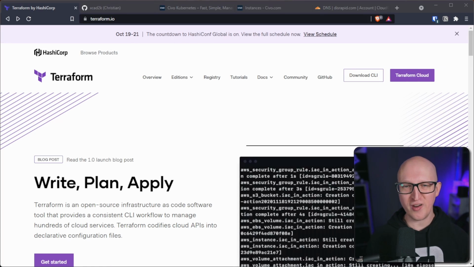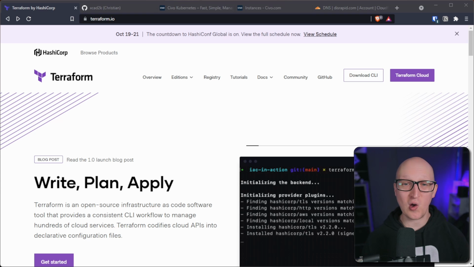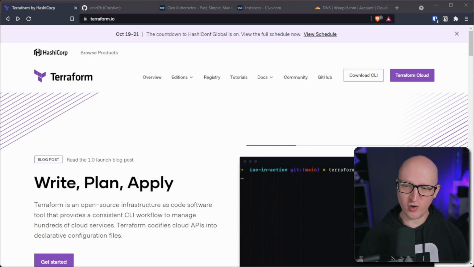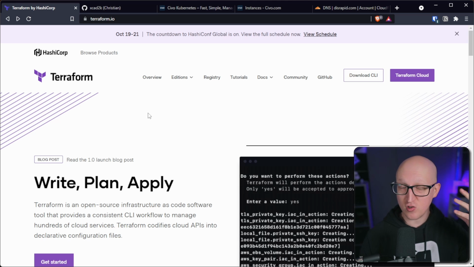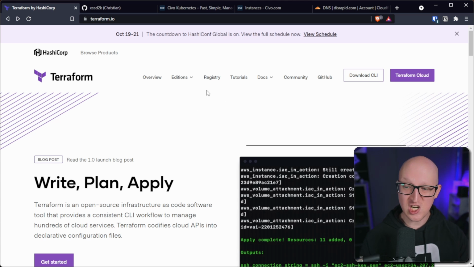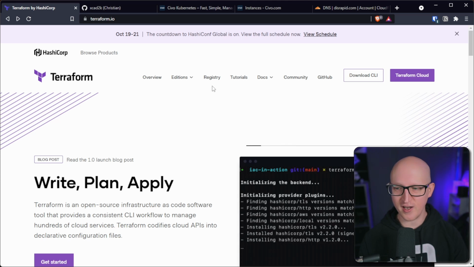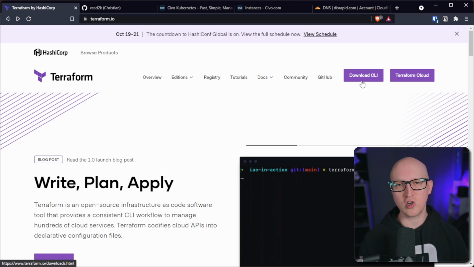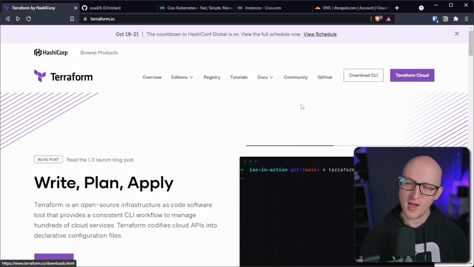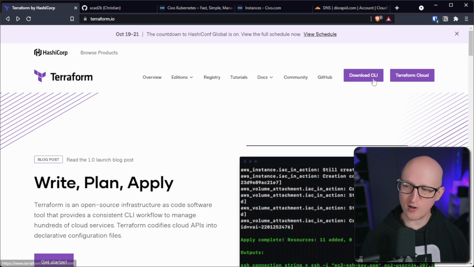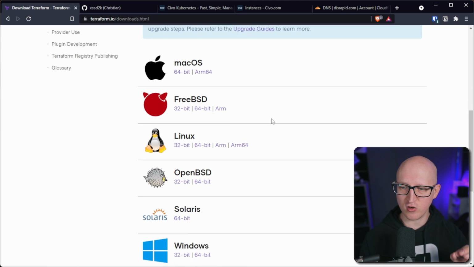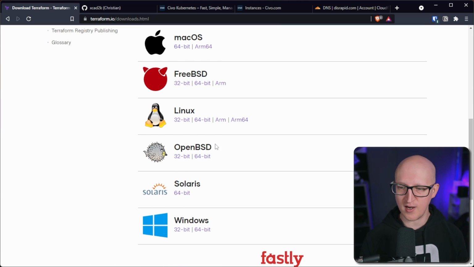Okay, so let's come to the fun part and start using Terraform to deploy some infrastructure. And first of all, I want you to go to the official homepage terraform.io, where you can find lots of great documentation, the Terraform registry to find new providers, community support, and also download the CLI tool. And first of all, we need to download Terraform on our workstation to use it. So click on Download CLI, and then you can simply download the executable on all the different operating systems